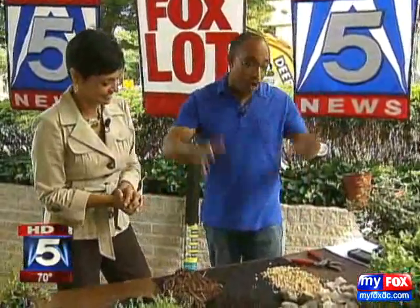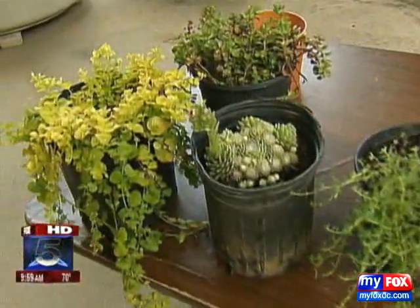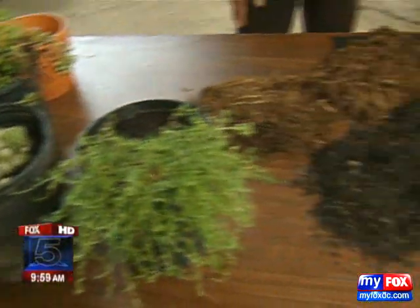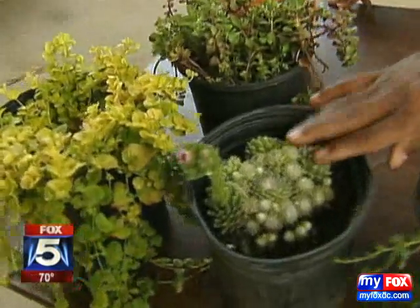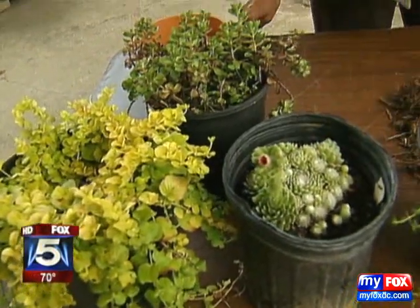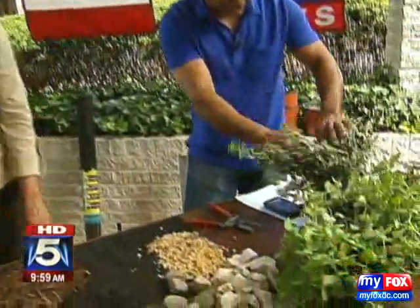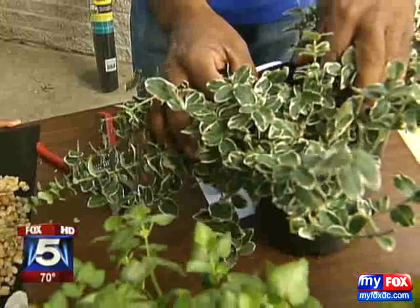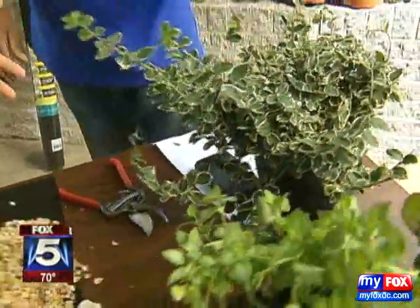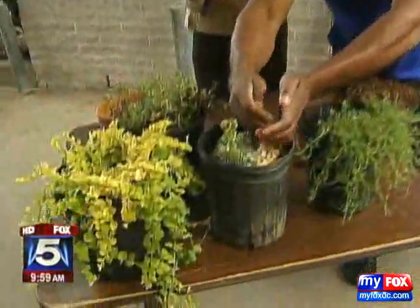Right. Okay. Now, ground cover plantings. All of the plants that we have here today are wonderful ground cover plants. And what you can do is mix it up. We've got some creeping thyme. We've got some sedum. We've got some, this is a really great succulent. And not only are they wonderful, but they help to hold the moisture into the soil. Because like down underneath this euonymus, the soil's not going to evaporate because the sun's not going to get there. That's great. So they're very functional. Very functional, and you can jazz it up like...